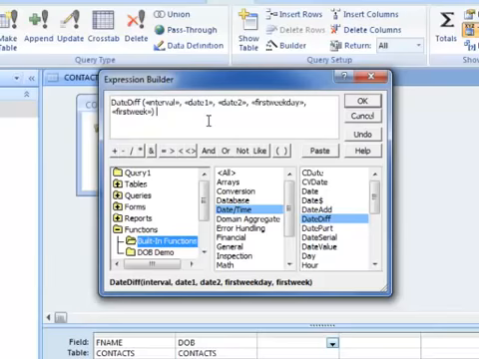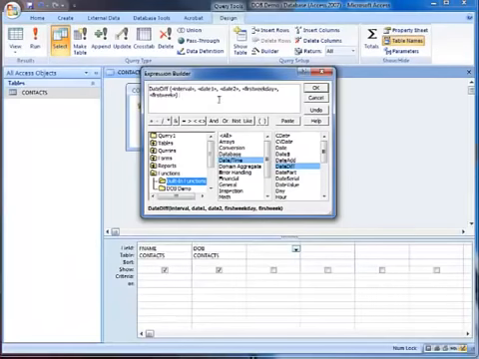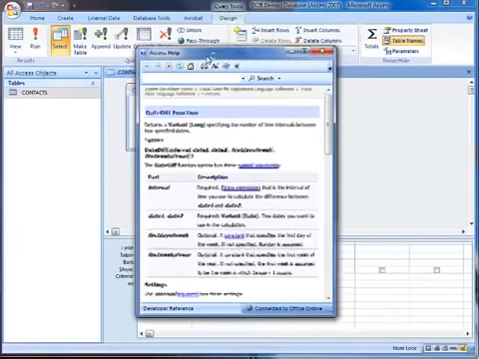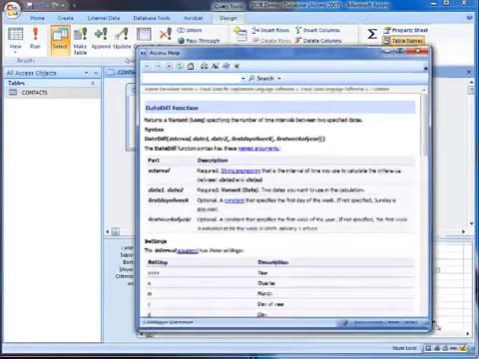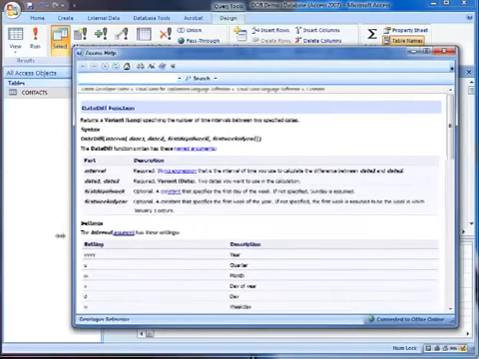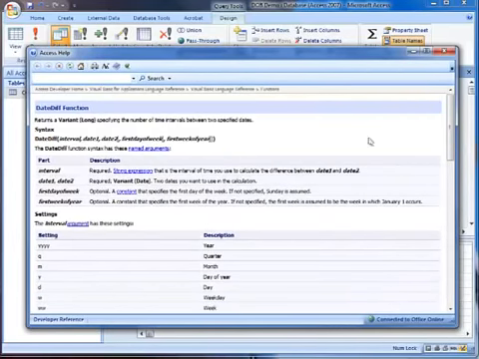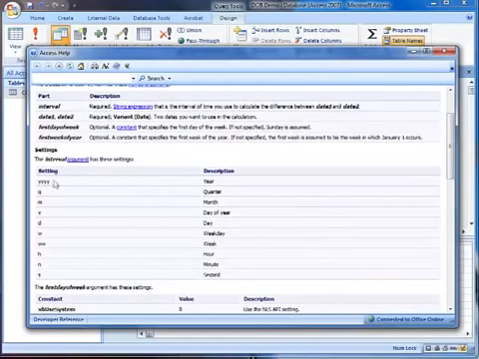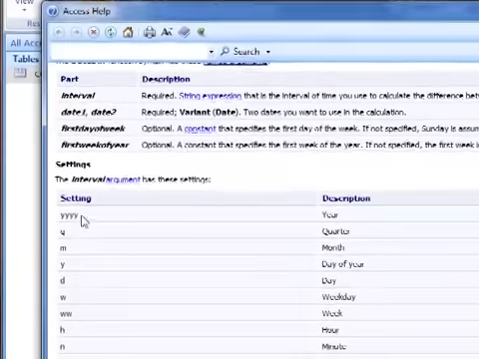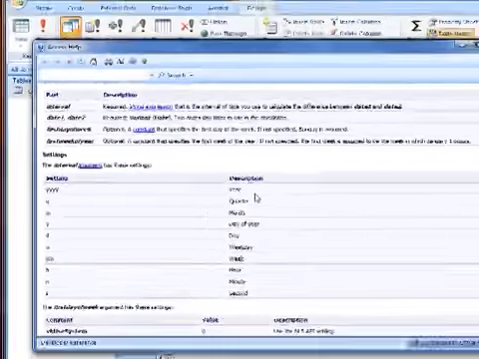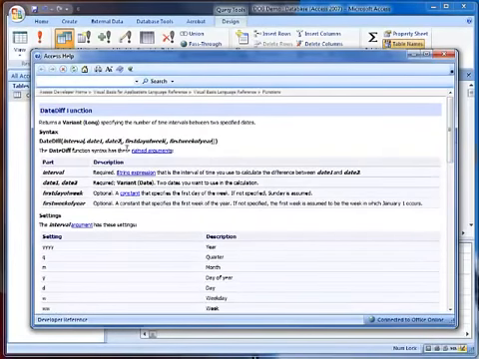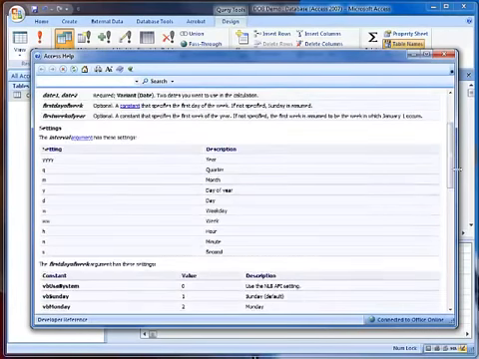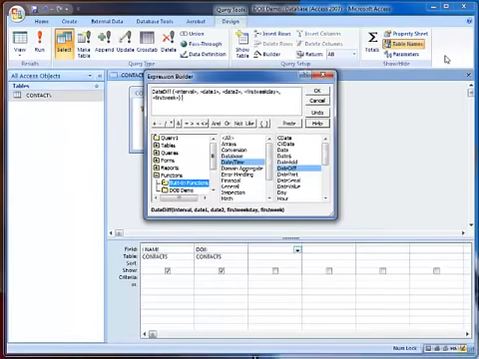Now, for a more complete listing of what all of these arguments are, which ones are optional, you can simply press on the help button, and that will bring up Access Help that will show you all the things that you need to know about this function, how they work, and most importantly the settings that we're looking for. What we want to do is calculate the year within our date differential, meaning how many years have passed between our first date and our last date. I'm going to close this and